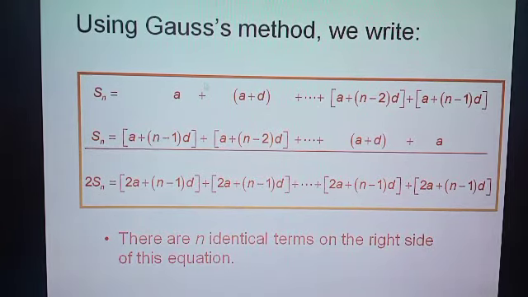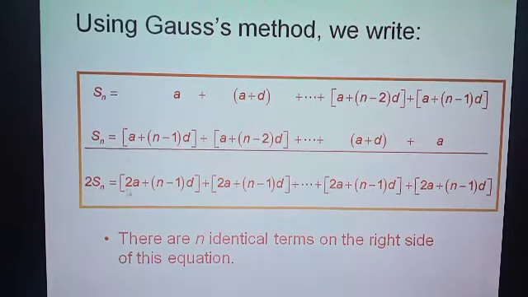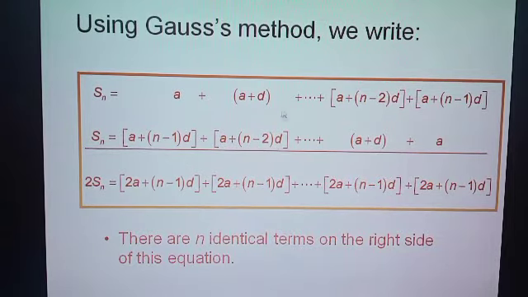The last term will become the first term now and the first term will become the last term. So these two equations we got, now add both the equations. Sn plus Sn, you will get 2Sn. And a plus a, like terms, will become 2a plus n minus 1 into d. Here also, if you add the second terms, a plus a you will get 2a, and d plus n minus 2 into d, if you simplify, you will get n minus 1 into d. And the last terms also, if you add, you will get 2a plus n minus 1 into d. So all the terms are 2a plus n minus 1 into d.